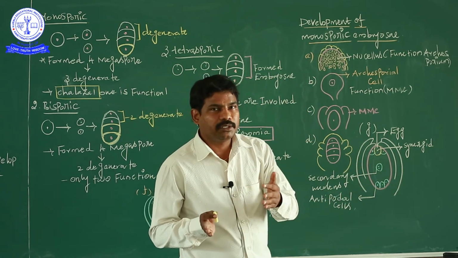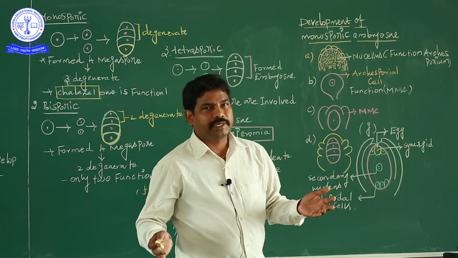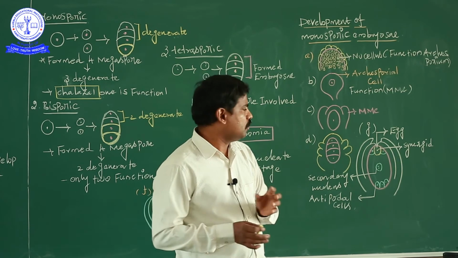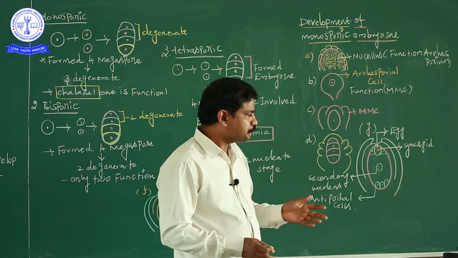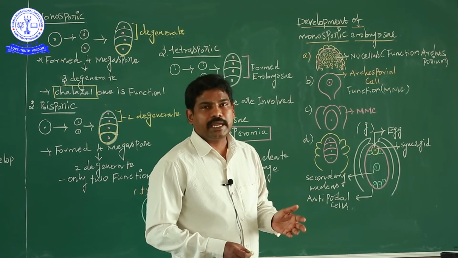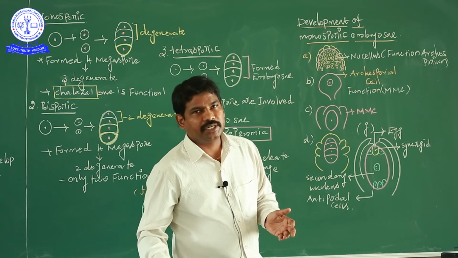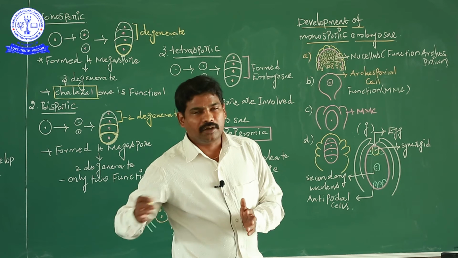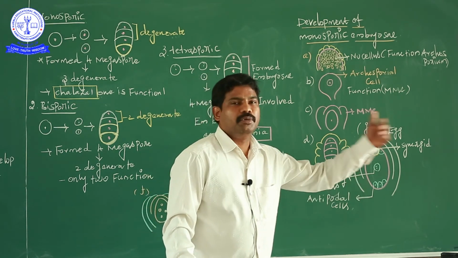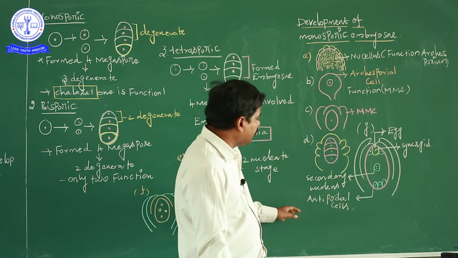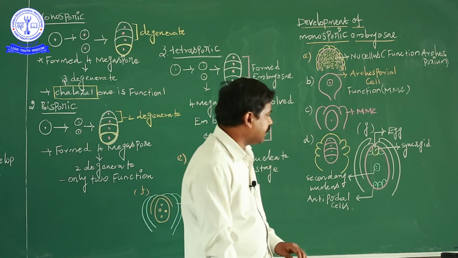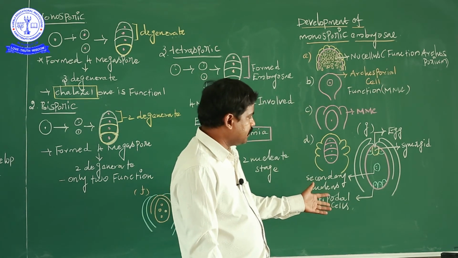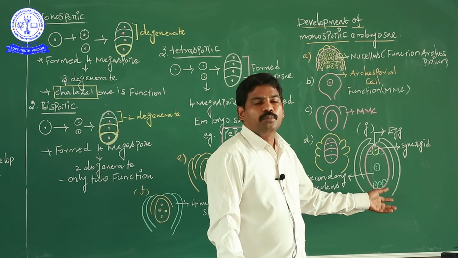Differentiation of endosperm: gymnosperm and angiosperm. Gymno means open, angio means box. In gymnosperms the endosperm forms before fertilization, and in angiosperms after fertilization. Next one, the antipodal cell. Three cells are present as antipodal cells. The function of the antipodal cell is to provide nutrition to the developing embryo sac.